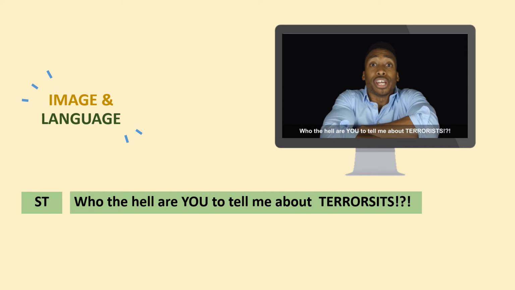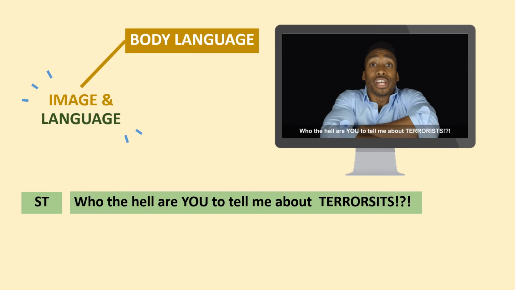For the core mode of image, it is shown that the speaker communicates with the help of body language as he crosses his arm over his chest while he is speaking with a strong emotion of anger. Moreover, in the core mode of language, we can tell that he is angry with the tone of the speech. So, it is not right to just translate it politely or with no tone of anger.